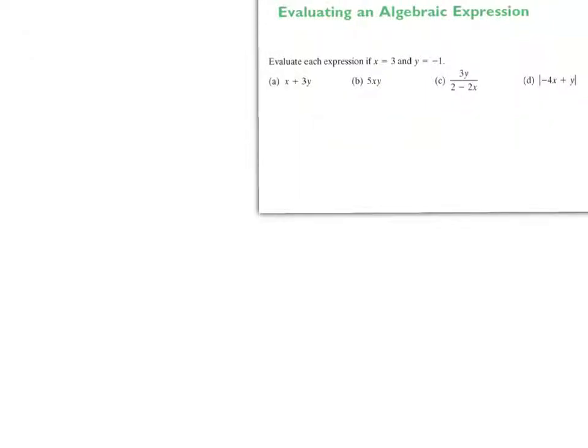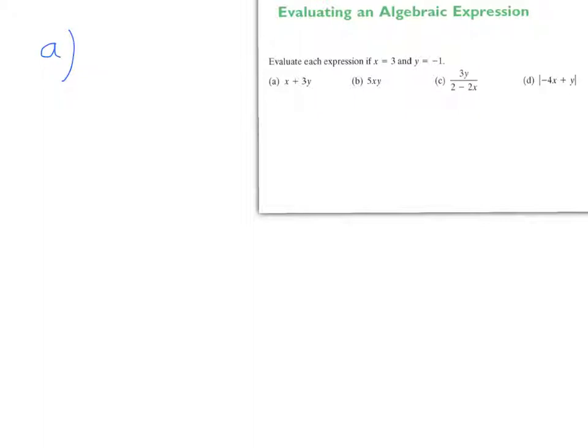All right, so let's talk about evaluating an algebraic expression. We're going to take this problem here: evaluate each expression if x equals 3 and y equals -1. Now here we have a,